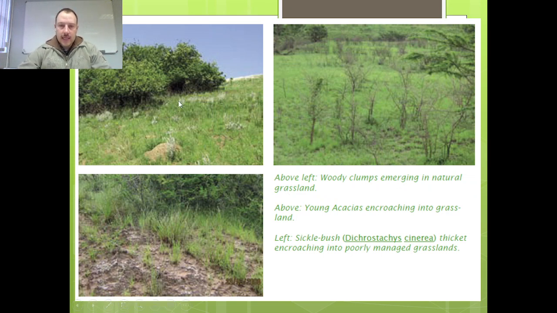So above left, woody clumps emerging in natural grasslands. So these little woody clumps that you can see over there. Then you've got above, young acacias encroaching into grassland. So all over the place within this grassland, you've got little small dwarf shrubs and shrubs, usually single-stemmed. In this case, yes, they still say acacias, but it's basically Vachellias and Senegalias that are popping up all over